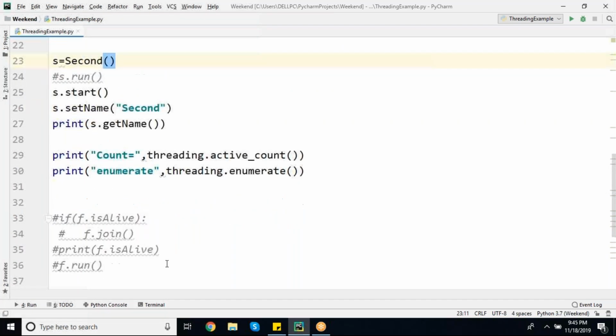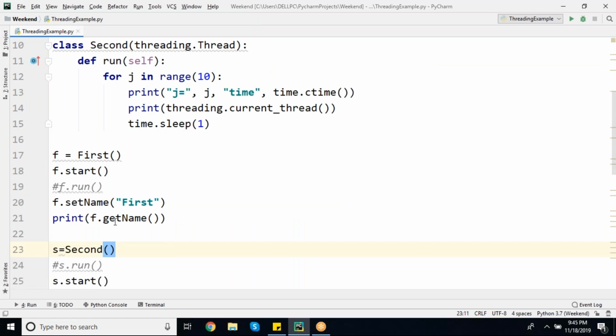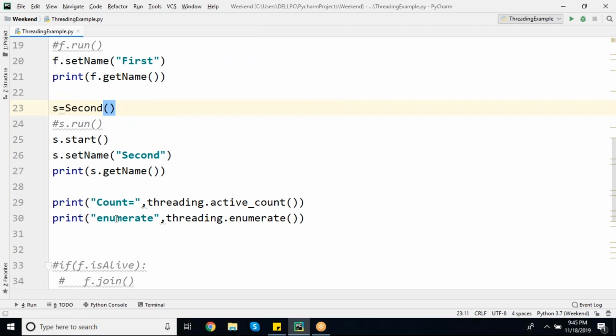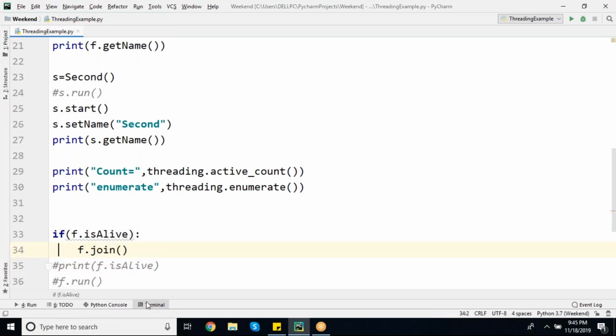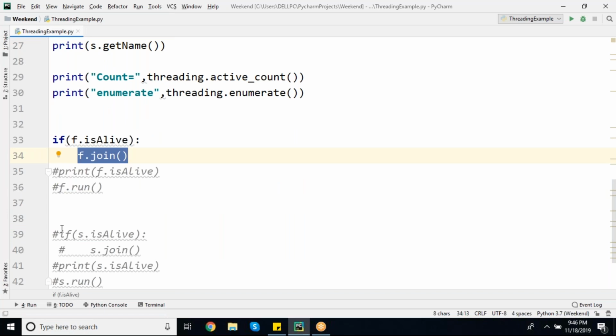Next one is: after performing operations, what is the use of this thread staying alive? We can kill the threads, right? If you keep it alive, it will be memory wastage only. So to kill that particular thread, what we are doing, you can see this way. f.is_alive: we are checking if it is still alive. f.join: we are killing the thread. Join is a function which is meant for killing your thread.